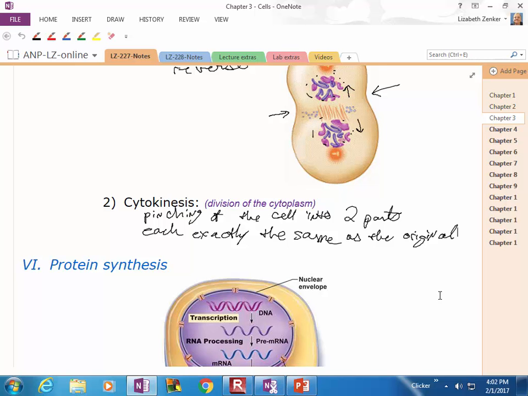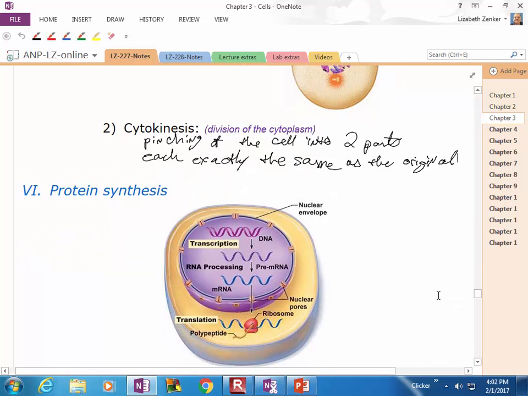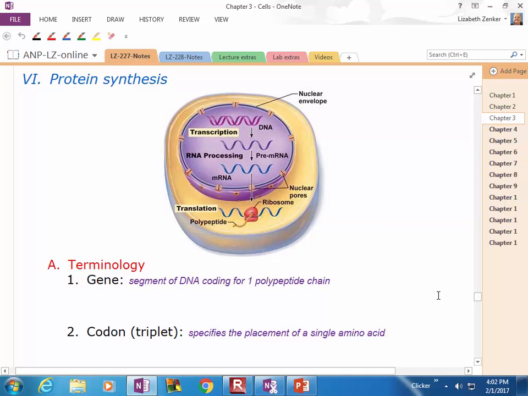So let's move forward on to protein synthesis. We've briefly mentioned this story before. You'll hear me repeat it multiple times. And if you think of it more as a story, it's easier to remember what's going on. So if we look at the